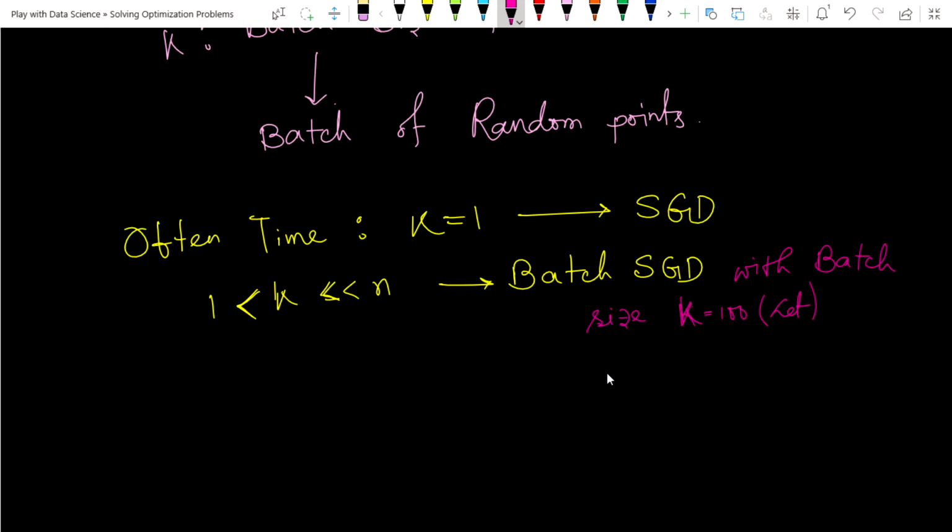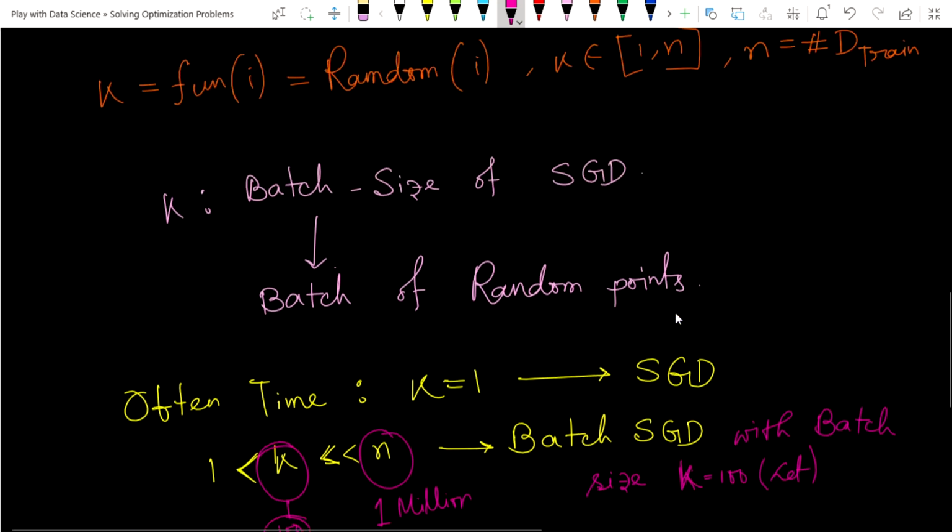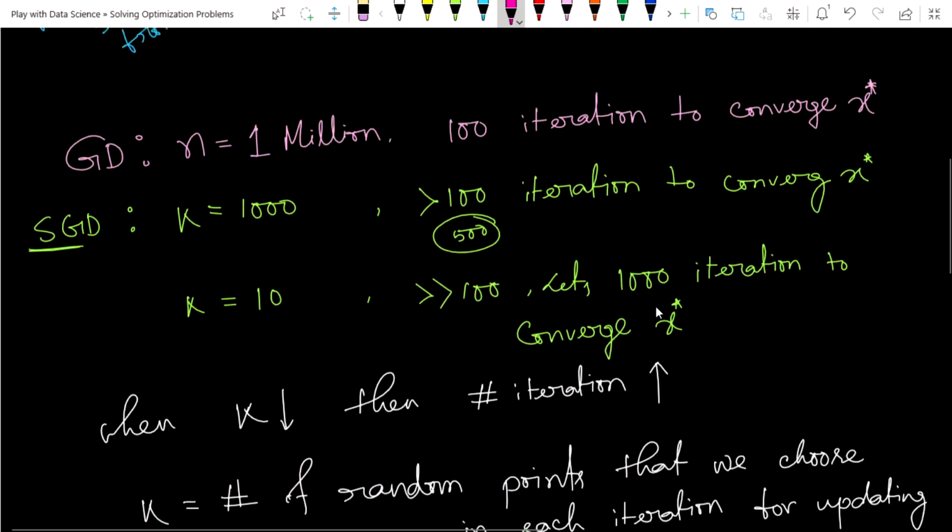Okay, so simple, this means what? If our n is, suppose let's take, 1 million points, and we are taking a batch size of 100 points, then simply it is called SGD with batch size 100. Okay, I think the stochastic gradient descent is clear to all of you.